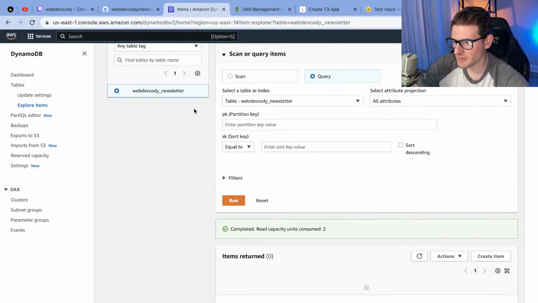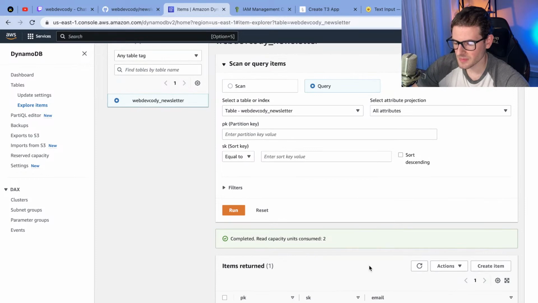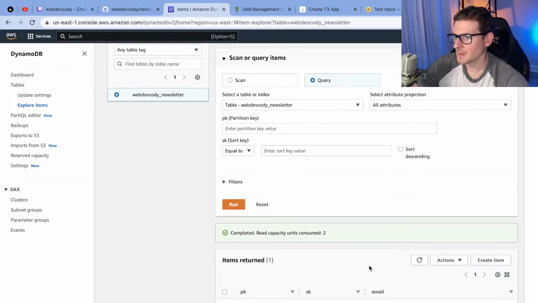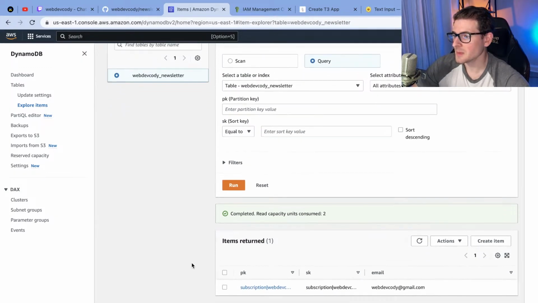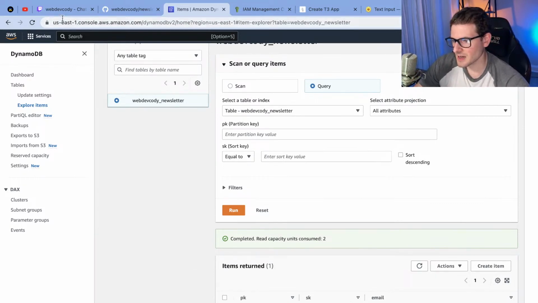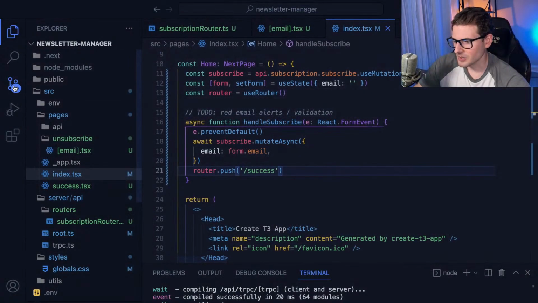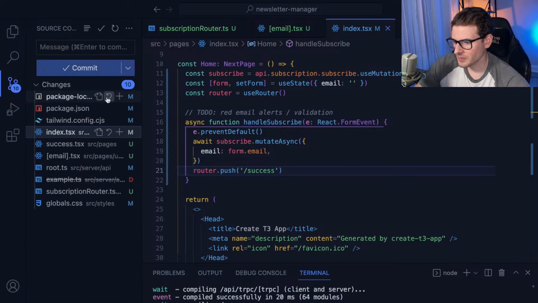And now I would have your email stored here that I could potentially do something with. I could loop through it using a Lambda, process it with SQS off the page, but you guys get the picture. So yeah, any questions at all? I'm gonna go back to chat now, and I might just commit what I have because we made some good progress. Getting this deployed out would be pretty fun at some point.